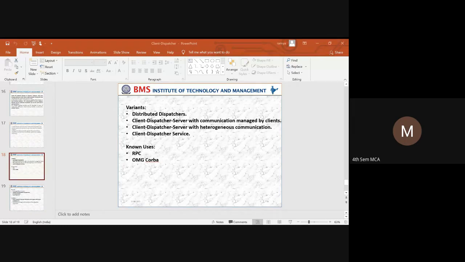And the next variant is client dispatcher server with communication managed by the client. In this variant, instead of establishing a communication channel between a client and a server, the dispatcher will return a physical server location to the client. So it is the responsibility of the client to manage all the communication activities with the server.